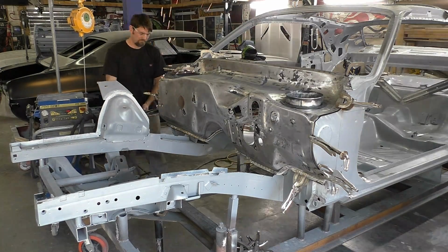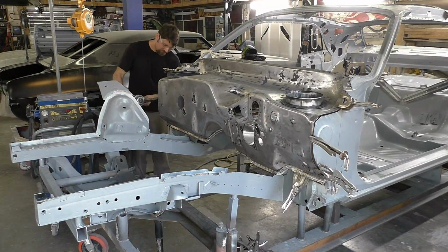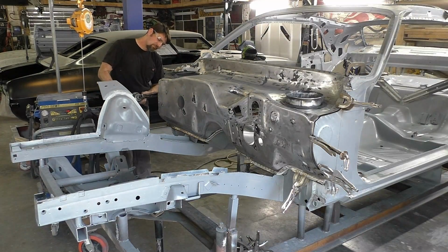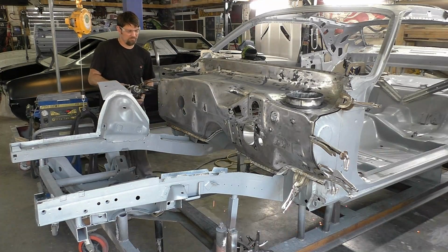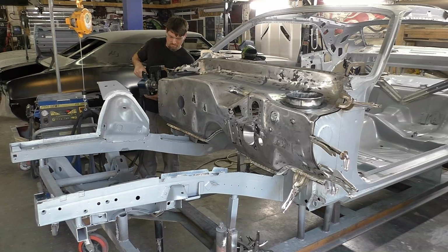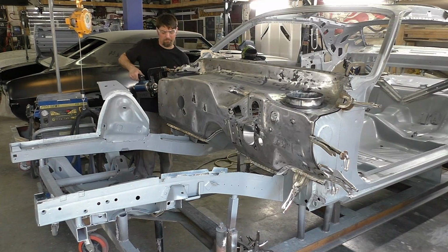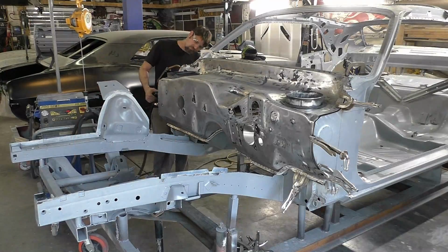So I always do the bottom first on these firewalls. To me, I think it just looks better and works out better. It holds, it's easier to get to, and then just working up, pulling up the same thing with the excess. The process seems to work for me. I get everything lined up, and that's what I like to do. If you want to start on the top, I don't really see a problem why it wouldn't work,